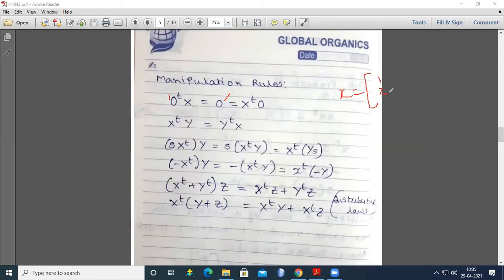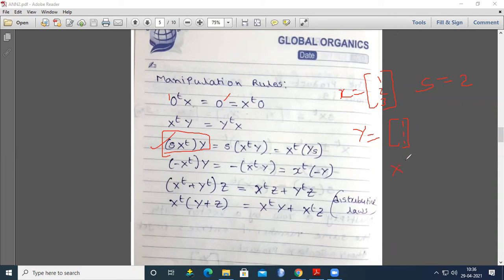Because of the time, I'm not giving more examples. So let us discuss this. x equals 1 2 3. Take a scalar s equals 2, and take another vector y equals 1 1 1. So this is the y. We are going to find the answer for this. So what is s times x^T?